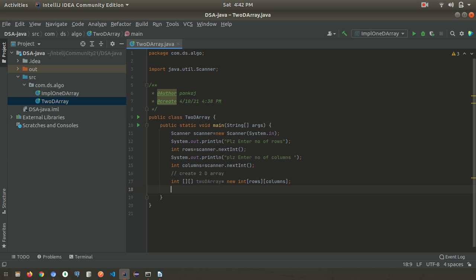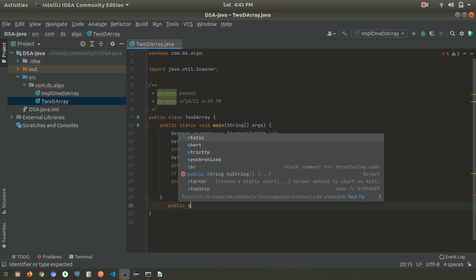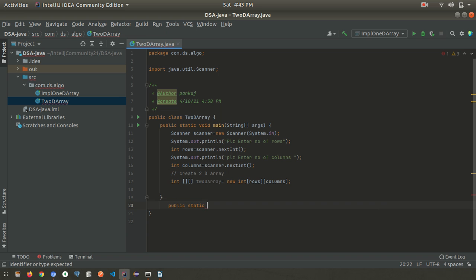Now what we can do, we'll write a new method. So public static void print2DArray.